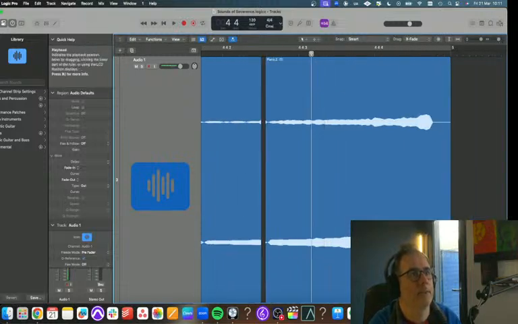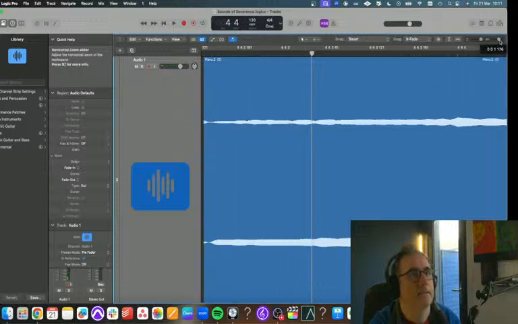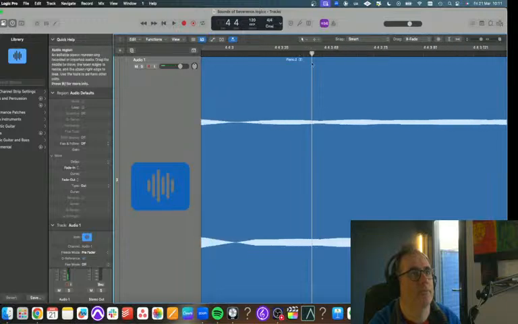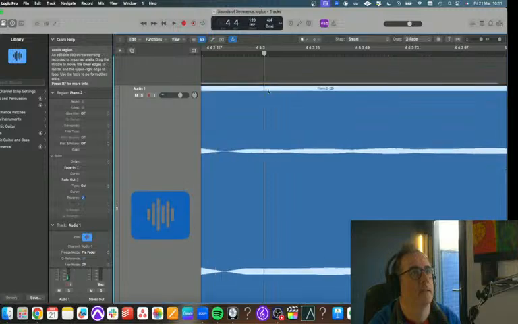I've been using Final Cut a lot lately, and some of the shortcuts are different. Yeah, the waveform keeps changing when I click on it. That's crazy.